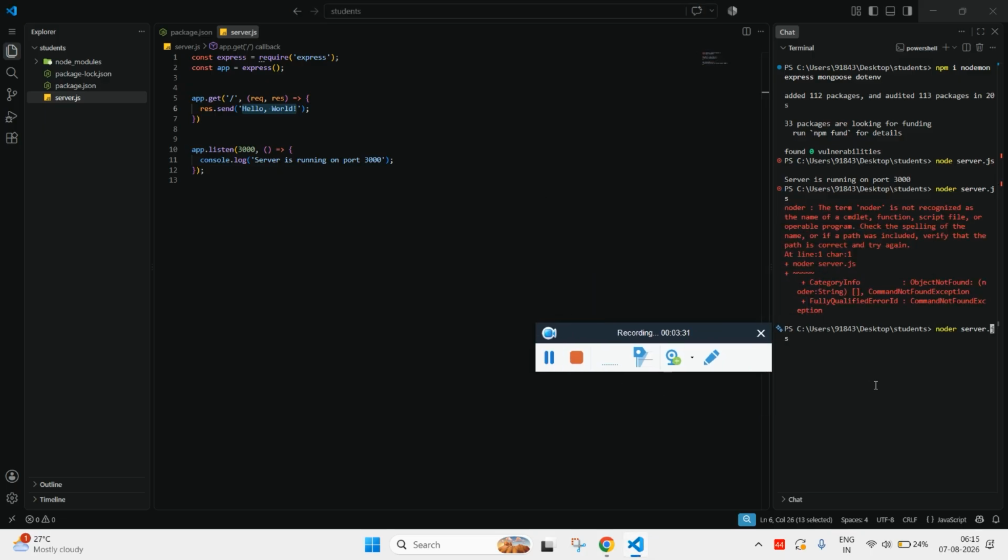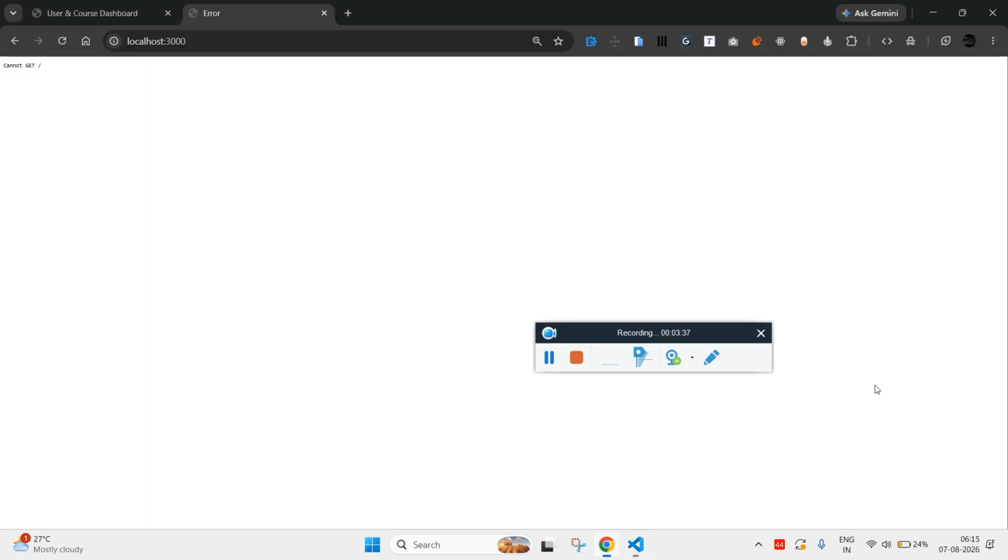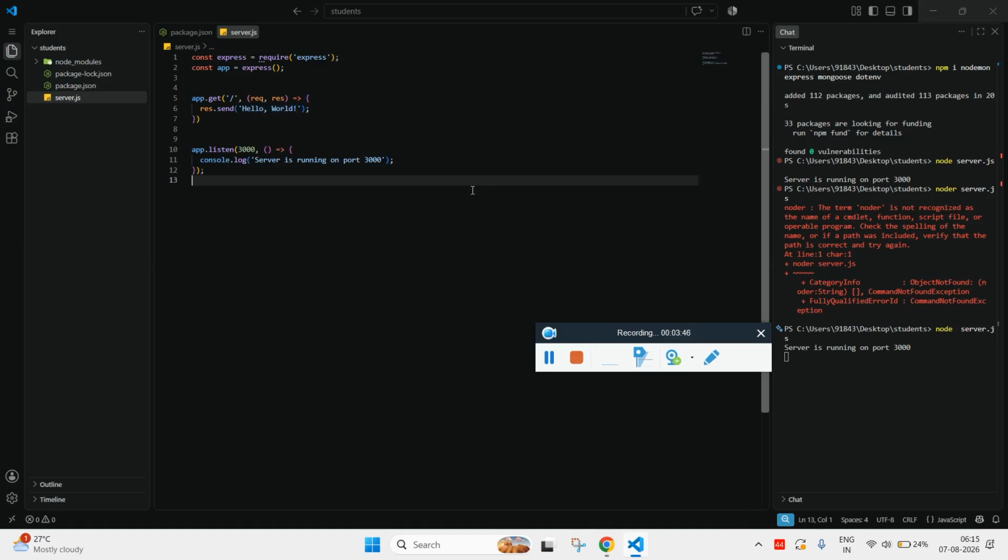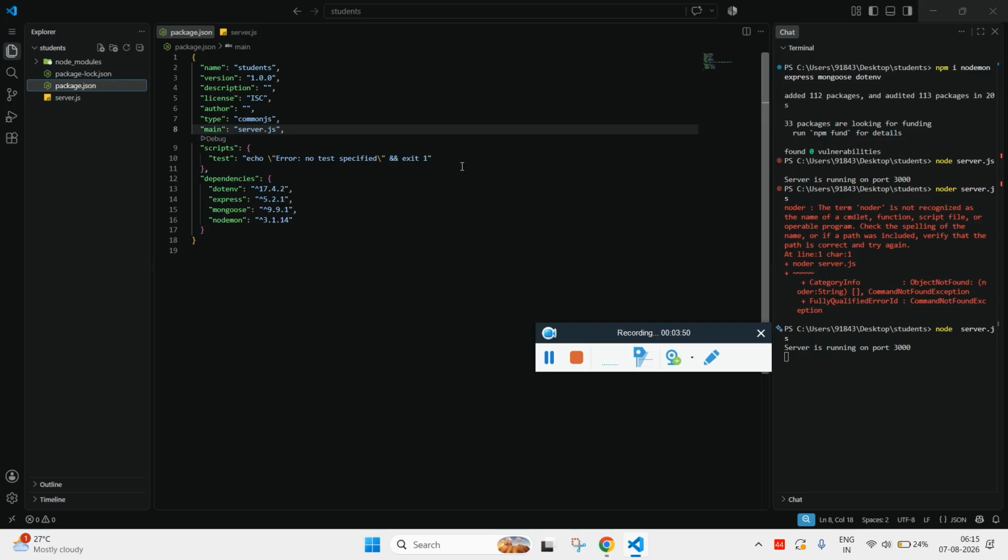It's not noder, it's node. And now you would see the server is running and you can see the changes. Each time we don't have to kill the server and restart the server. So for that we already have a package installed which is Nodemon, and here I say when I type npm